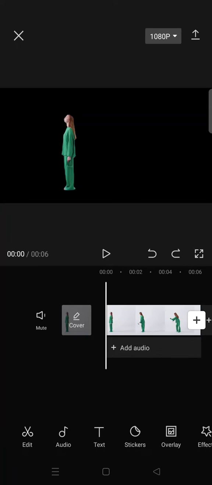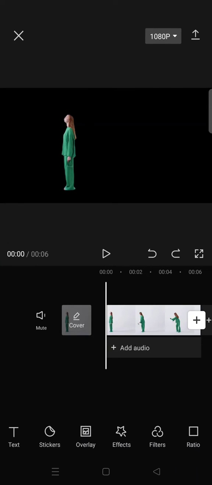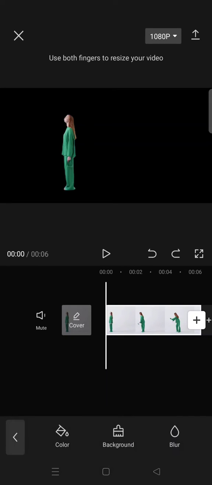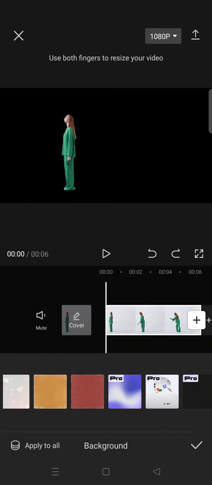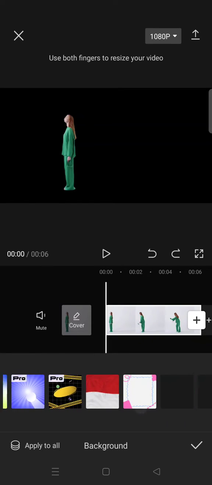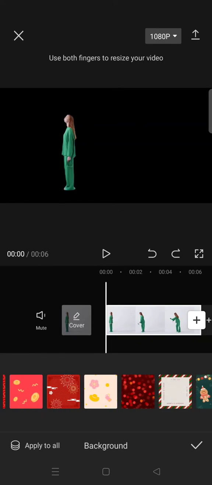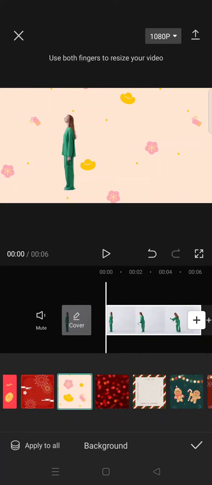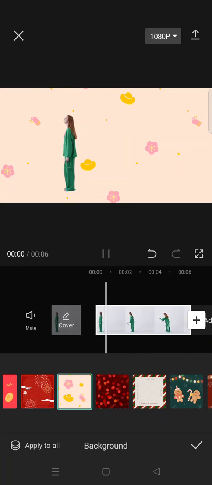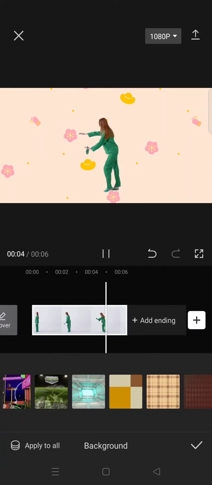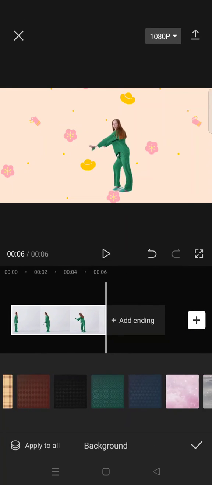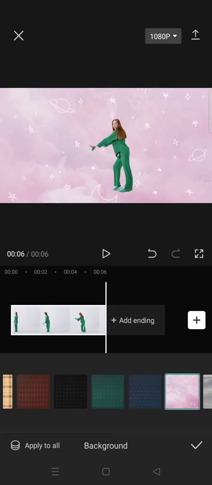So here there are two options that you can use. First, go to canvas first and then click on background. So you can choose the background provided on Canva like this. In here there are lots of options that you can use like this. Okay, so you can just choose which one that you think fits your video the best,